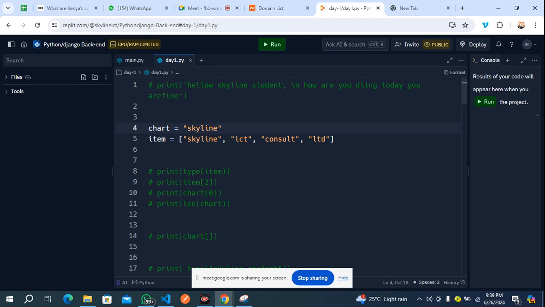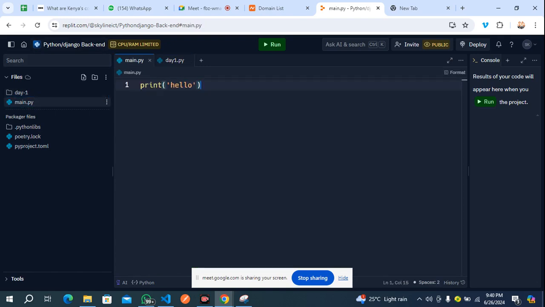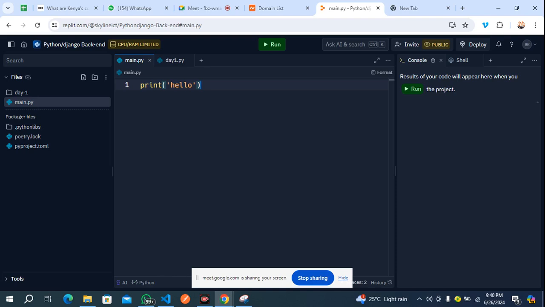What I mean by primary folder is that this place we have a folder, which is the day one folder. So I'll just close up the folder. You are required to work with this only file. So what we have to do is very simple. We'll be writing all our code on this main.py.